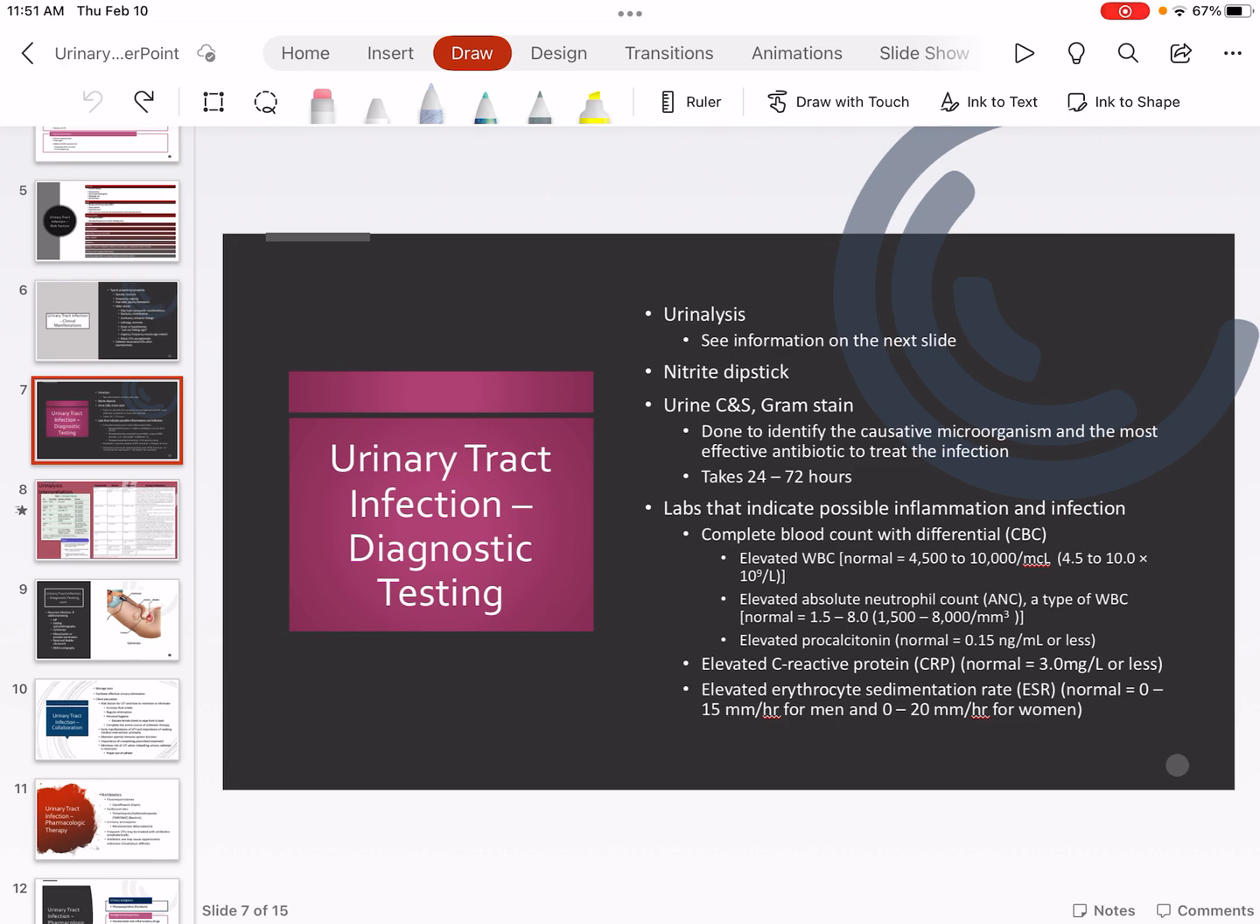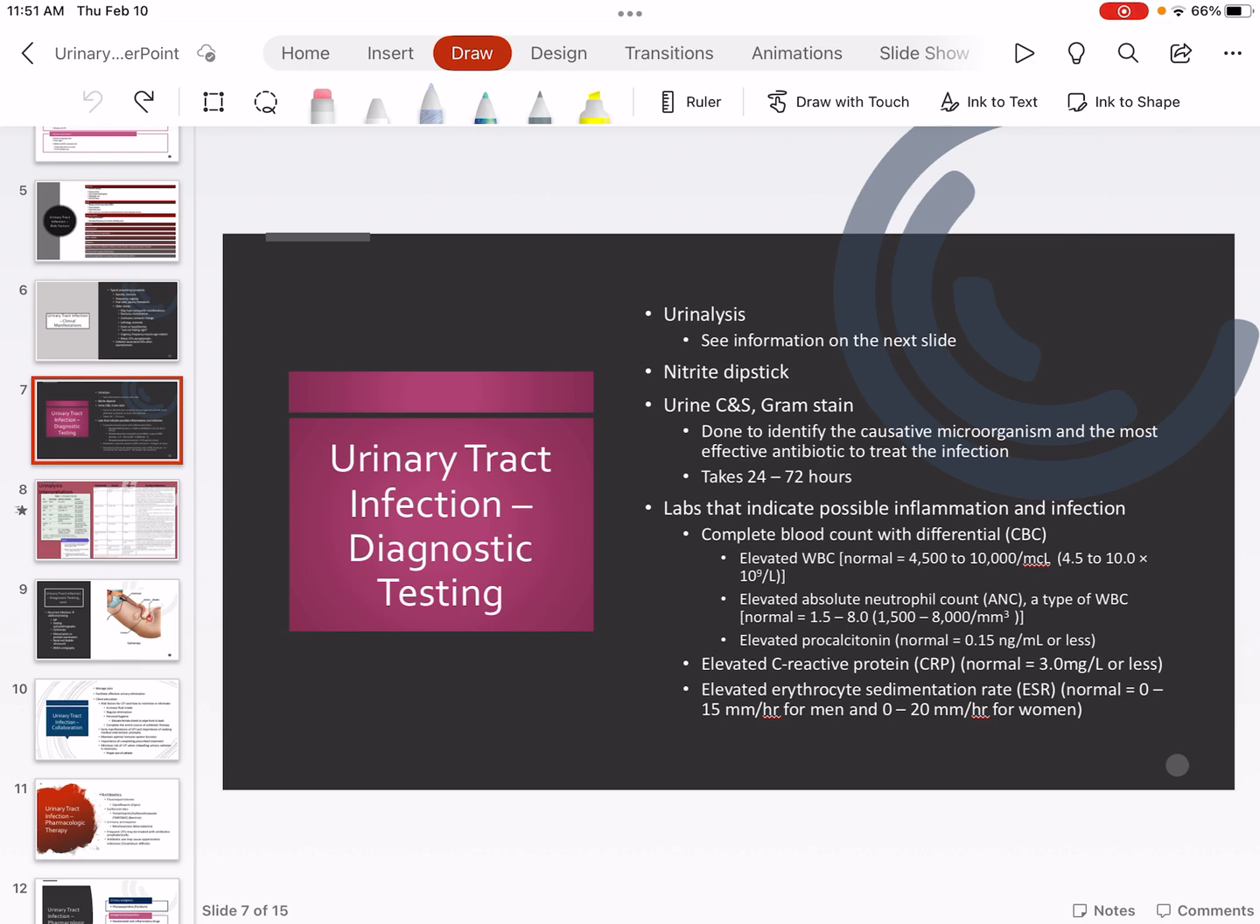A CBC would be done because, again, you're looking for the elevated white blood cell count. Elevated white blood cells indicate infection. They could also have an elevated absolute neutrophil count, or ANC. I've got the normals listed there for you. And an elevated procalcitonin could be present as well. They could have an elevated CRP and an elevated ESR,